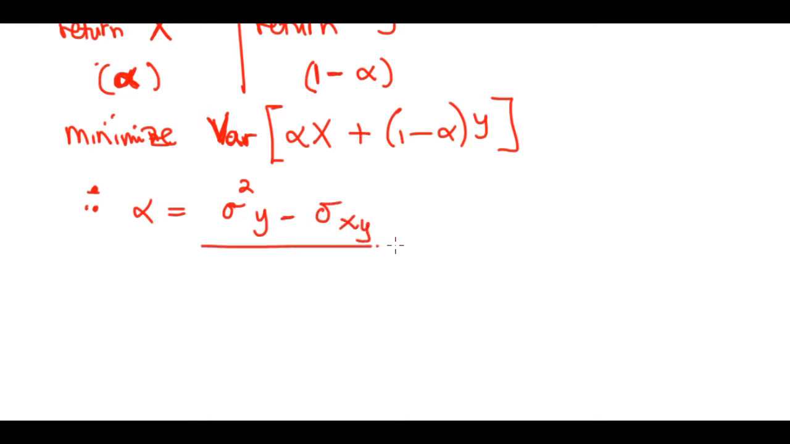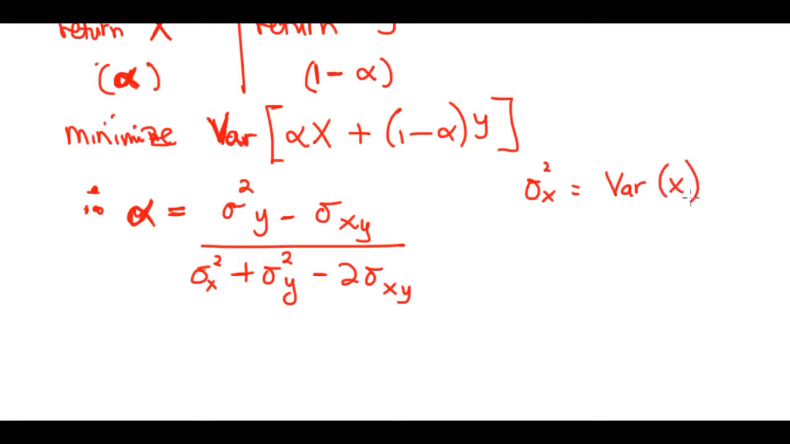When alpha is given by this, let me write the complicated formula here. In a bonus video, we can discuss how we get to this part. So this, therefore, is how we should invest our alpha. Our alpha should be defined by this, where this is going to be the variance of x, the variance of